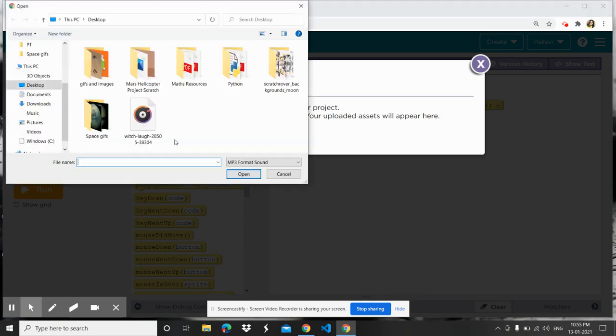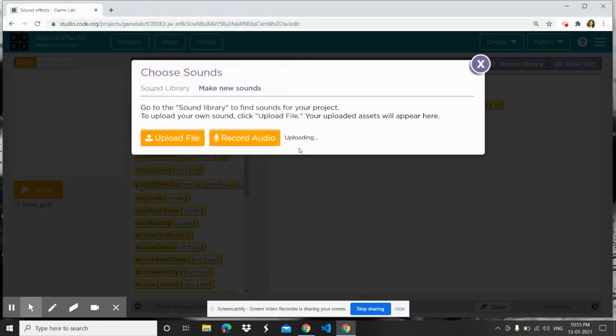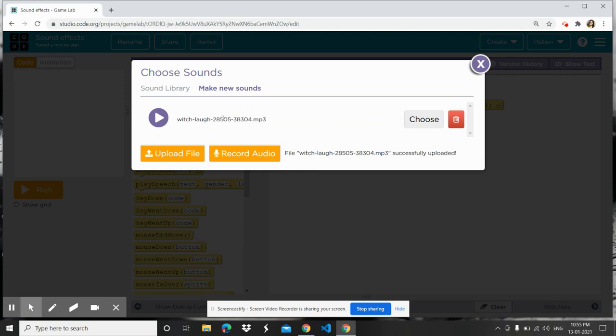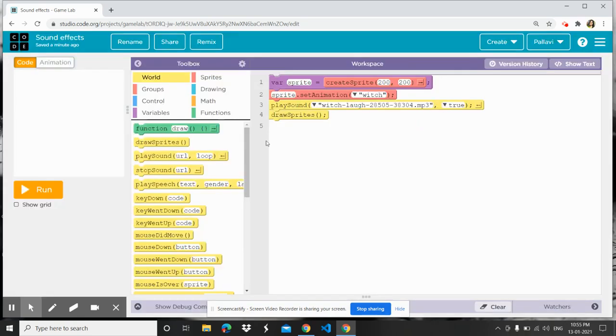So I'll click on upload and I've downloaded the witch laughter sound effect from a Google search, and the file is downloaded in the MP3 format on my desktop. So I'll choose that file, and as you can see, it's uploading, and with its name, it appears in the library now. I can choose this file by clicking on choose, and